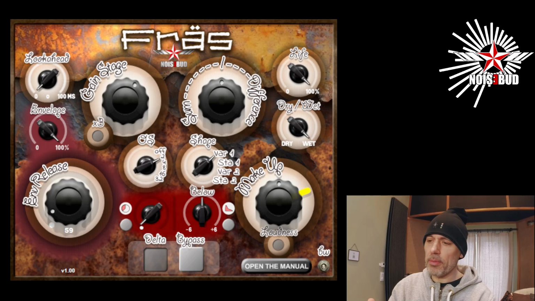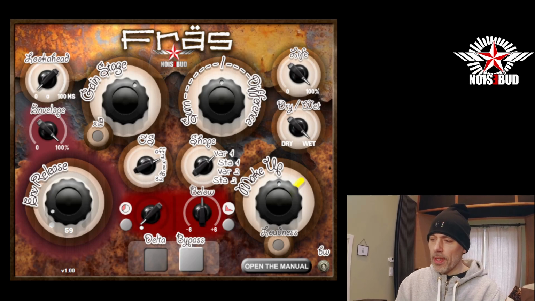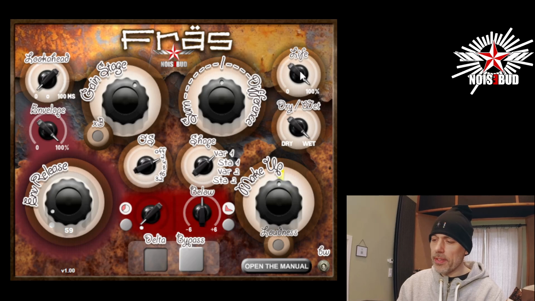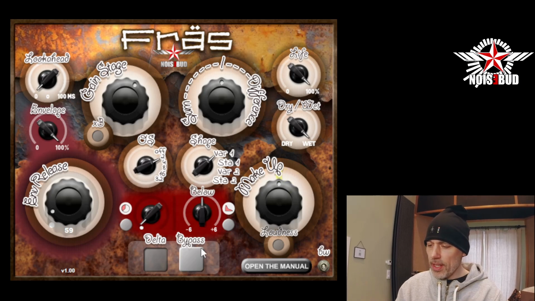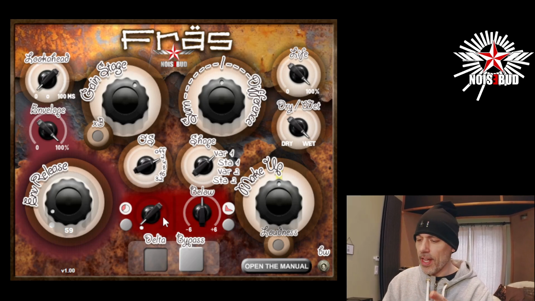It got a little bit more obvious when I was boosting a bit more, so there's more distortion in the signal. So that adds another movement, and then we come to the last thing that affects the dynamics, and that's